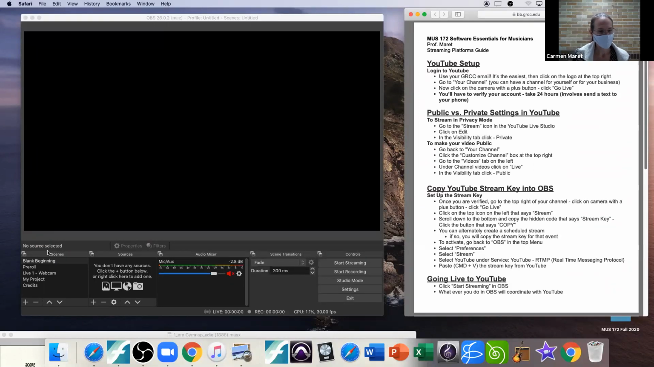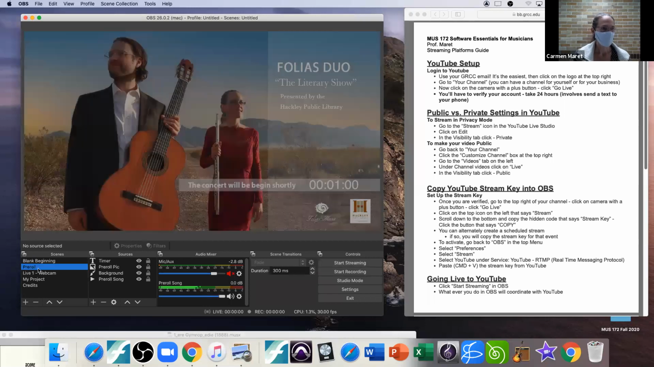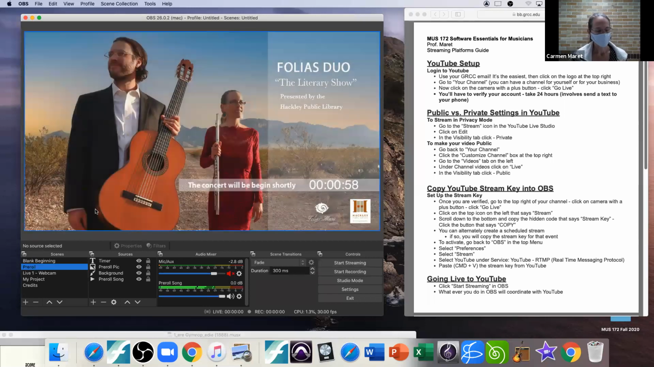A couple of things I added here: I added a blank beginning, and all you have to do is add a scene and not put anything in it. This is helpful when you start streaming. It gives the stream a second to get going before you go to your pre-roll screen, so it's a nice way to start from black. So I added that. And then when you go to the pre-roll screen,